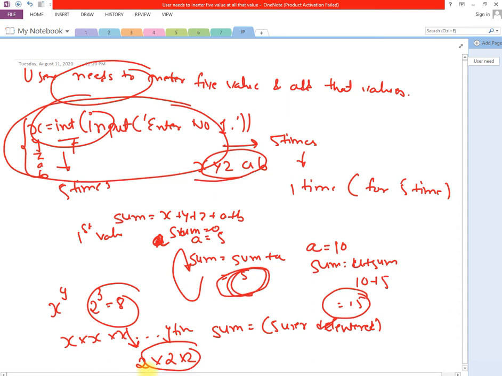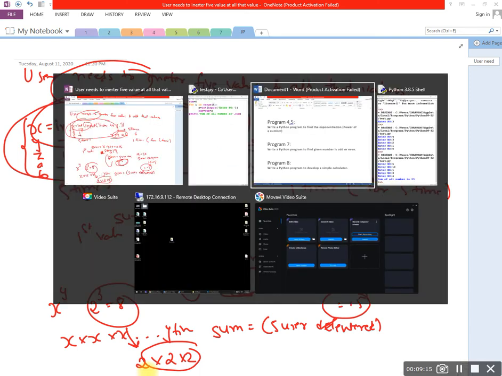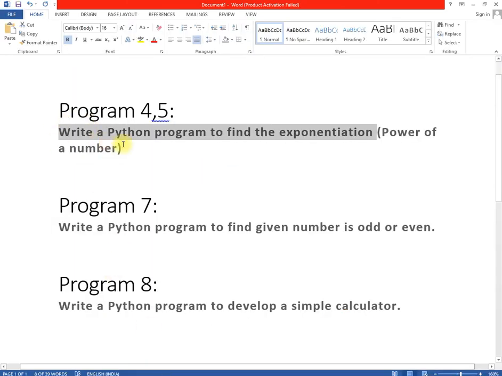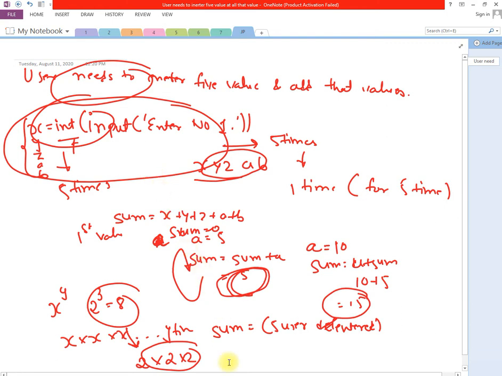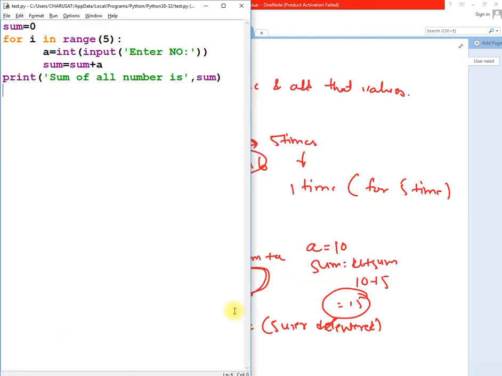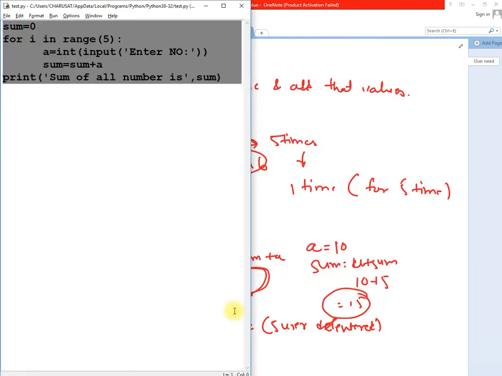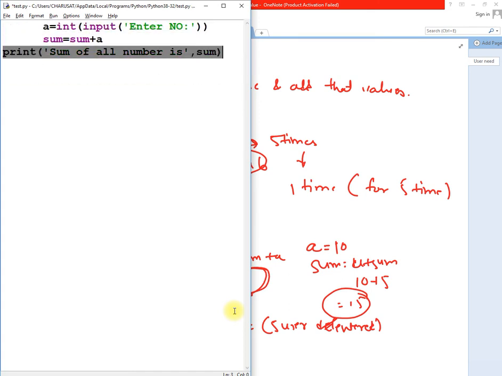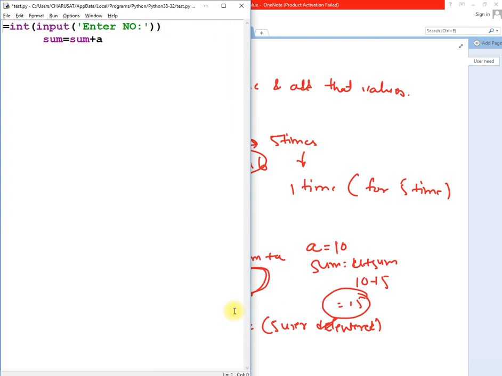So what we can do in this program is ask the user for two different values: what is your exponent and what is your number? So I'll ask for two values, let us say my first value being x and second value is y.